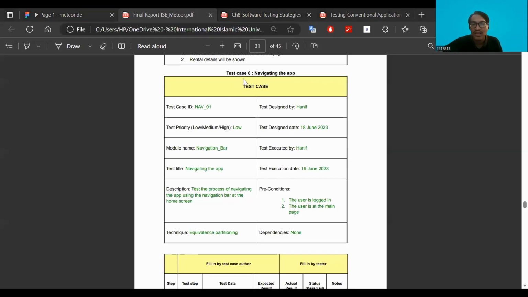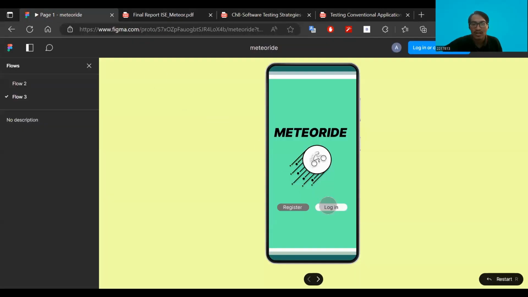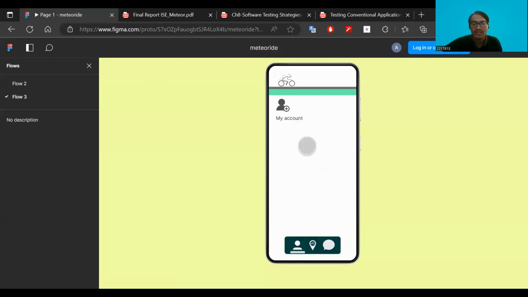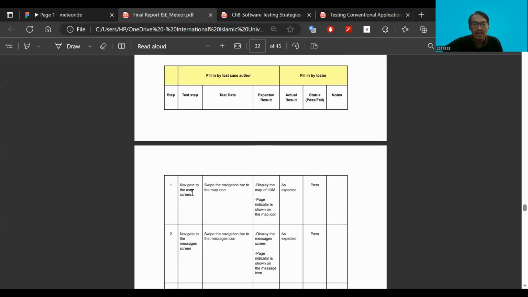For the next test case 6, navigating the app. This test has a low priority. The preconditions are the user is logged in and the user is at the main page. So let's log in, and we're at the main page here. The first step is to navigate to the map screen.